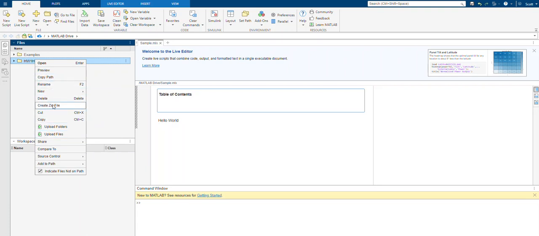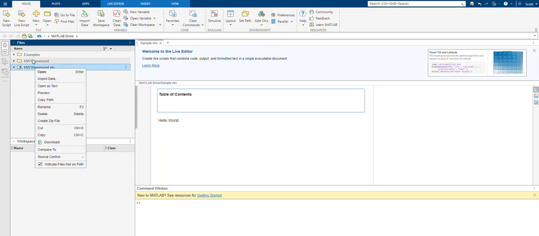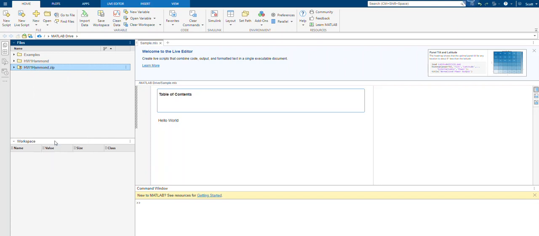Well, that's because you need to zip the file to get it out. So we'll create a zipped file. Now we've got a zipped instance of that folder. Now I can download that. It sent that to my downloads. In my downloads now,